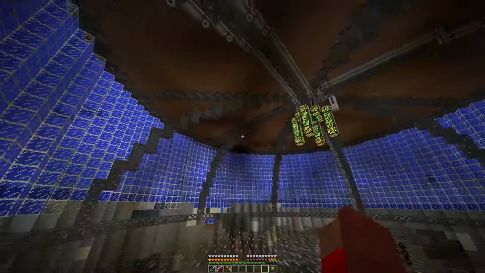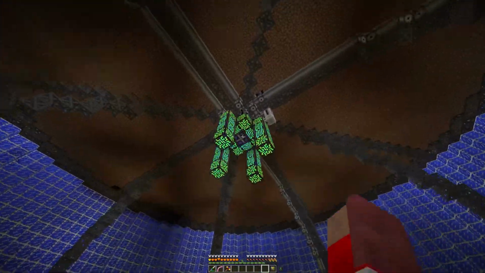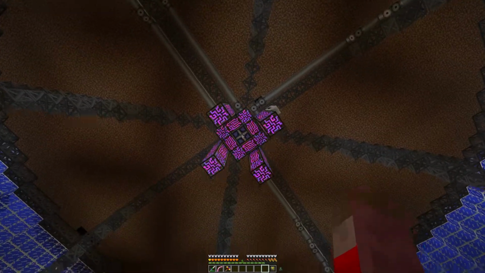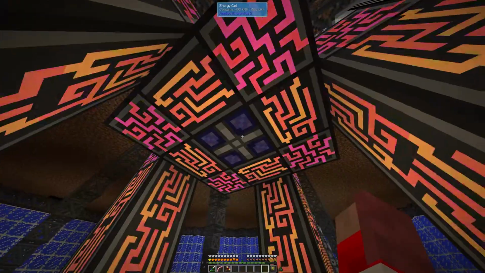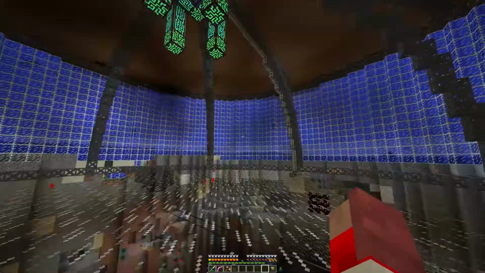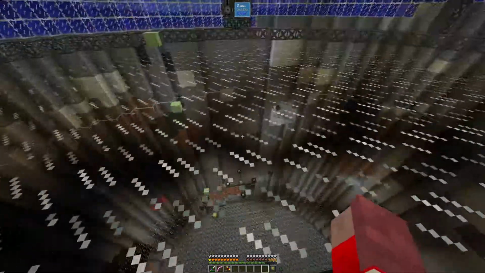So if you have issues like that, it could either be power, which I spent a lot of time trying to figure out. You can see I've got a power cell in there. What is that? That is a, yeah, energy cell. I've got an energy cell in there. I upgraded all the lines and so on. So anyway,